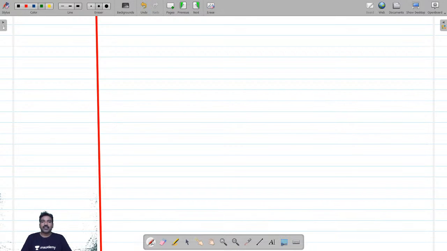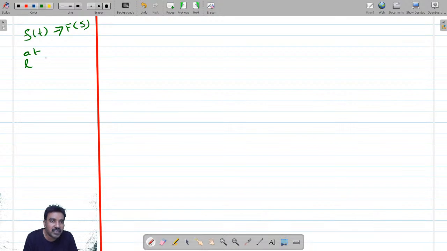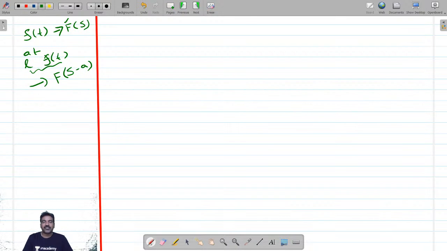Now, in the last class, we had a discussion about properties of Laplace transforms, right? We discussed one property, that is the shifting property. If Laplace of small f of t is capital F of s, then what will be Laplace of e power at into f of t? It becomes capital F of s minus a. So using this, I am in a position to find the Laplace transform of this. It means that s is to be shifted by a units either to the left side or right side, depending upon the sign of a. That is clear. Now today we are going to discuss